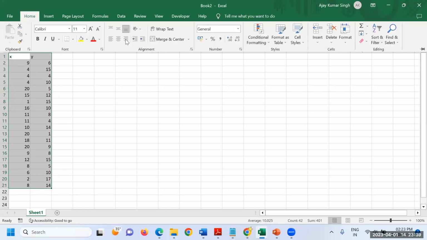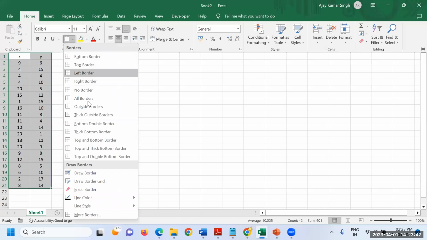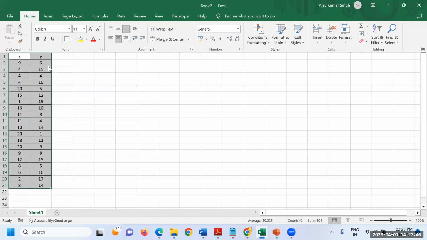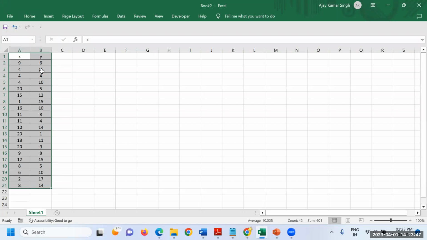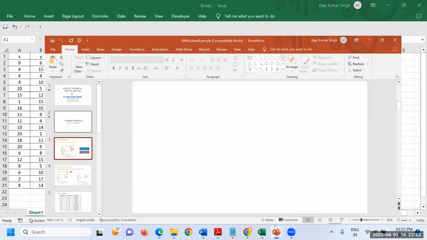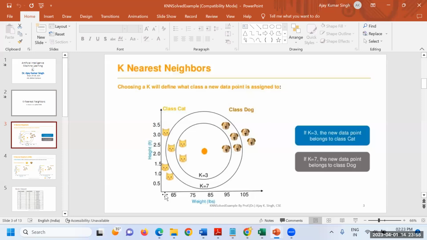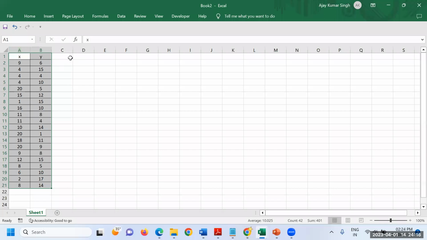And now we are going to see what we're going to do. So ultimately, I got this point. What are these points? In the slide itself, we have seen that these are the coordinates. So this is x, and this is y. So ordinate and abscissa we have taken. Like this point, we are going to talk about this point. So this is your x, that is 95, weight is 95, and height is between 2.5 to 2. So this is coordinate. This coordinate I have plotted somewhere here. So this is x and y coordinate.